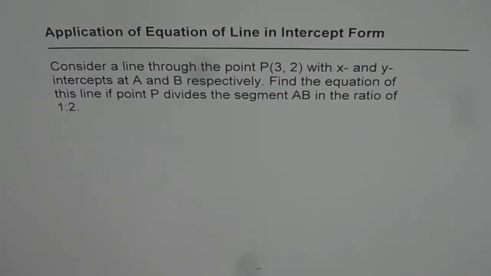Application of equation of line in intercept form. Consider a line through the point P (3, 2) with x and y intercepts at A and B respectively. Find the equation of this line if point P divides the segment AB in the ratio of 1:2. So let's first sketch and then understand what the situation is, and then we are going to find the equation